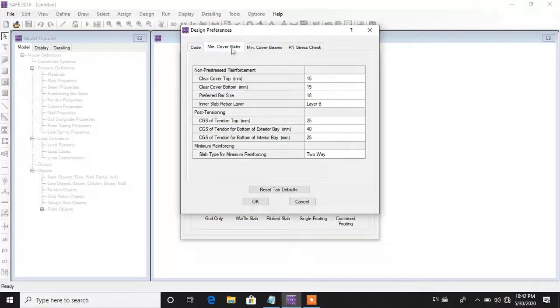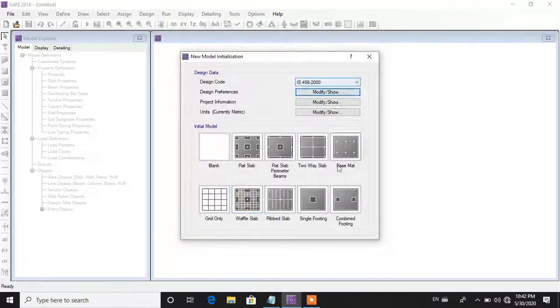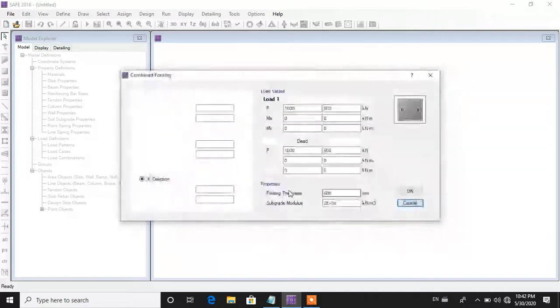Give the minimum cover for slabs: clear cover top 15 mm and clear cover bottom 15 mm. The preferred bar size, which is given in the question, is 20 mm. Click on the OK button. Now click on combined footing.